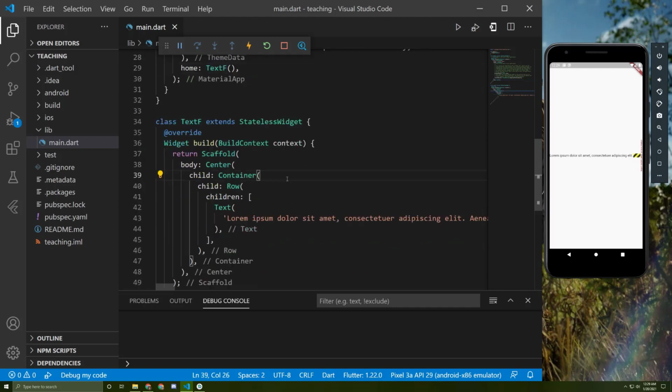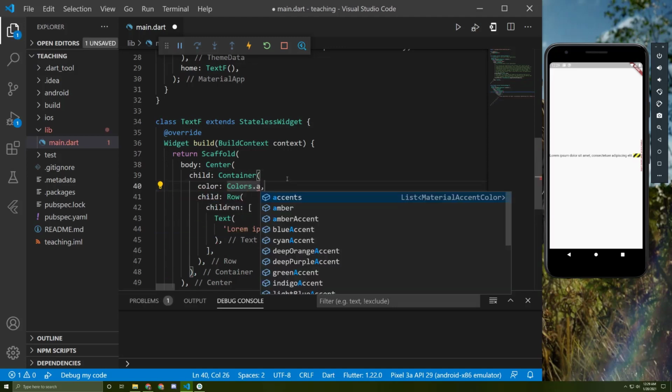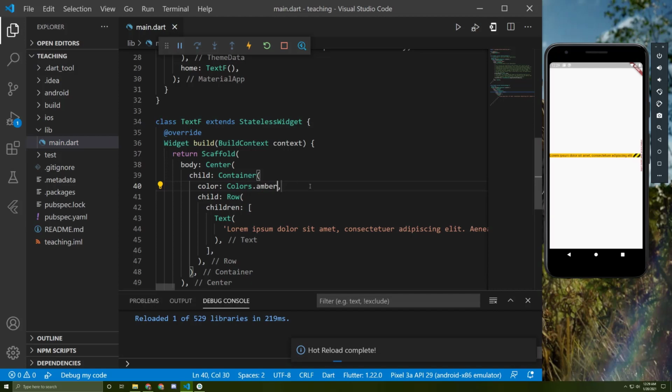First of all, I will change the container color. I will choose amber so we can see the changes easily. First of all, you can add a new property for this text called max lines and choose 1. If we save it,